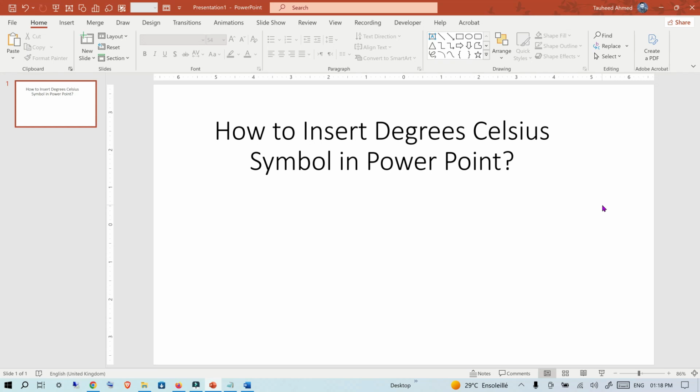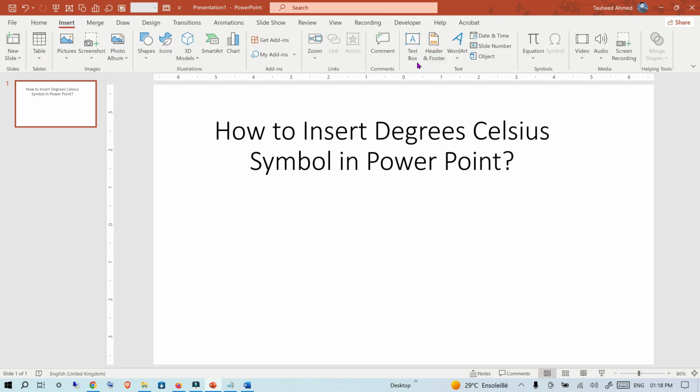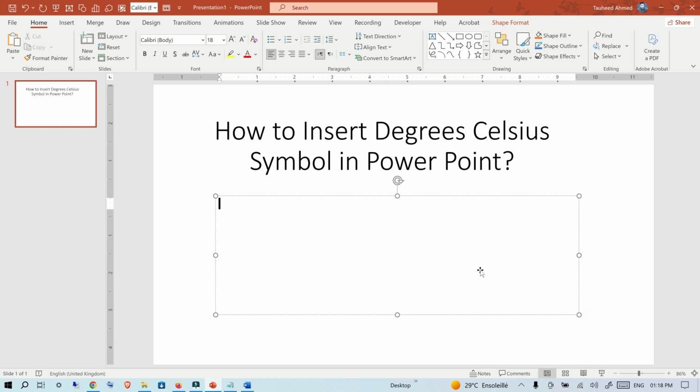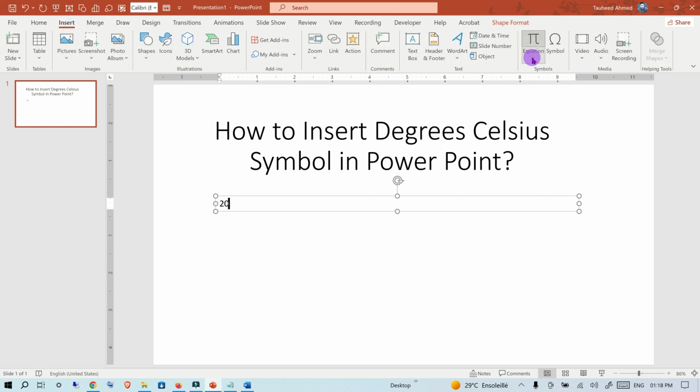Welcome back. In this video I will show you how to insert the degrees Celsius symbol in PowerPoint. For this you need to click on Insert, click on Text Box, and draw a text box, and now type the weather forecast, for example 20, and now head to Insert and click on Equations